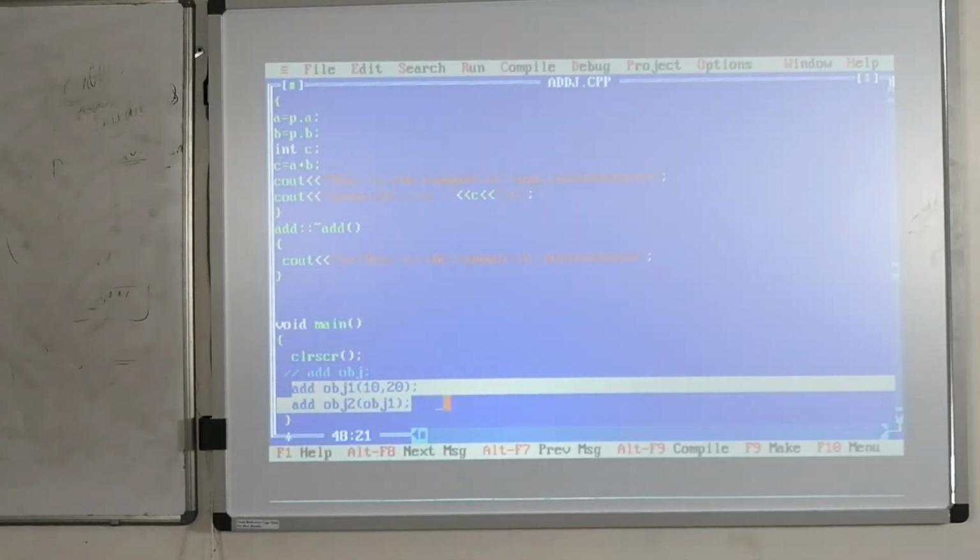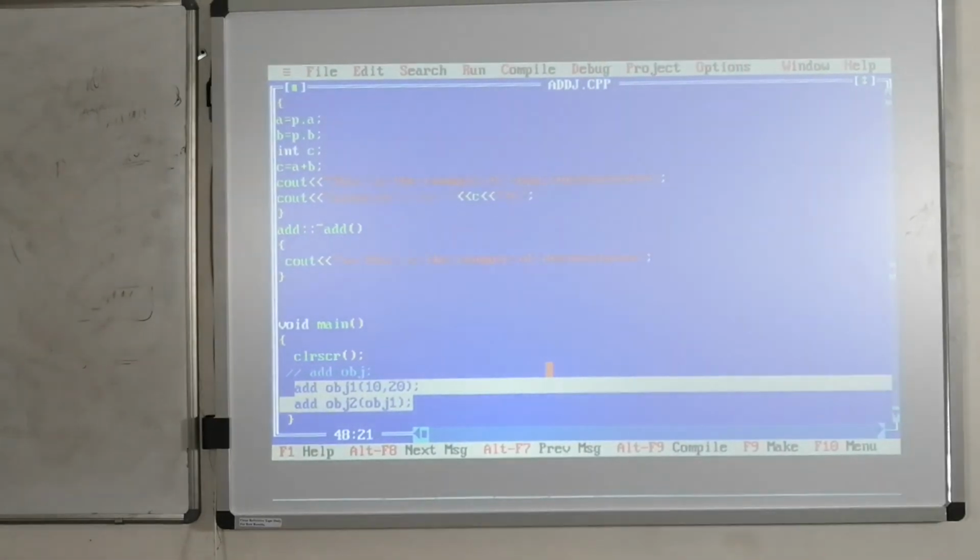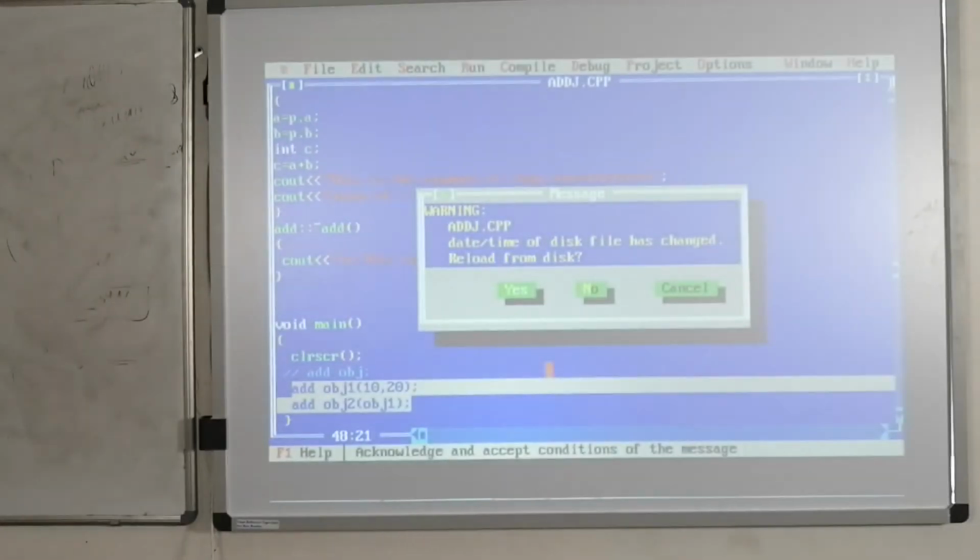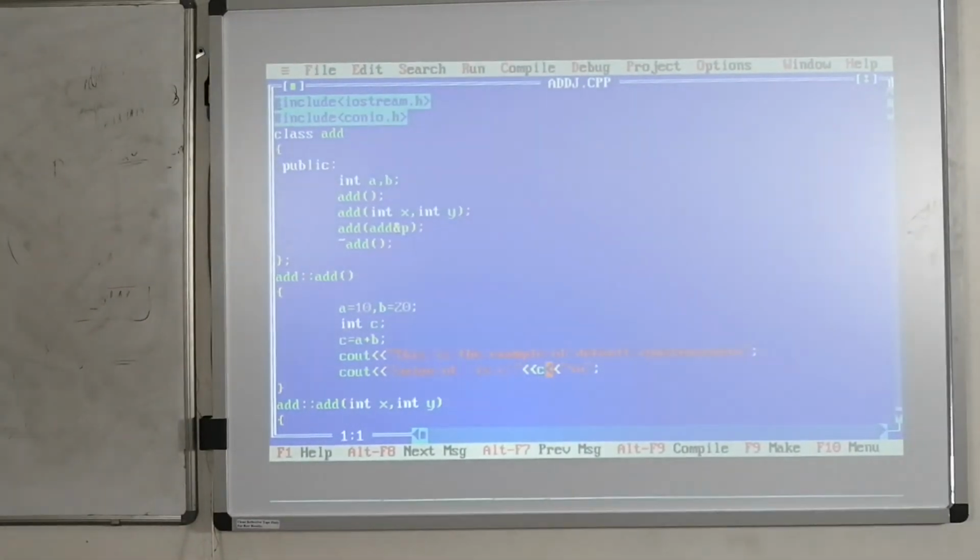After executing these 2 objects, the destructor is going to be invoked 2 times, right? We are going to check this. Press F2, Control F9, no errors are there, press Y, Alt F5.